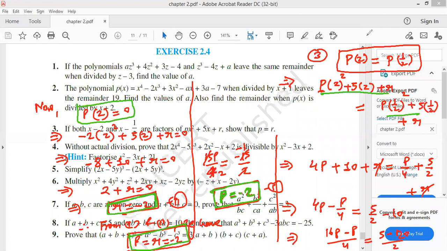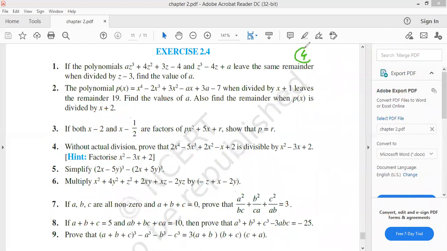Now moving to the question number 4. In question number 4, we have to identify whether this x square minus 3x plus 2 is a factor of this one or not, this first polynomial, but we are not supposed to divide it. Without dividing, what we can do, we can factorize this one, this x square minus 3x plus 2. If you factorize this one, you will get the two values of this x, right ना? इसको मैं factorize करूंगा तो x की दो वैल्यू आएगी, वो दोनों वैल्यू इसका फैक्टर होगा, right?